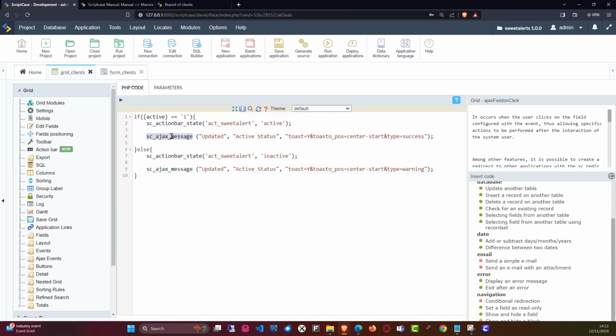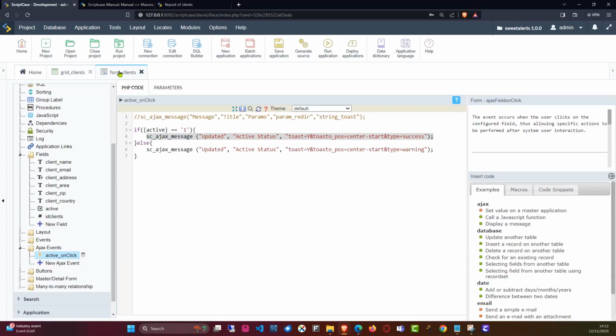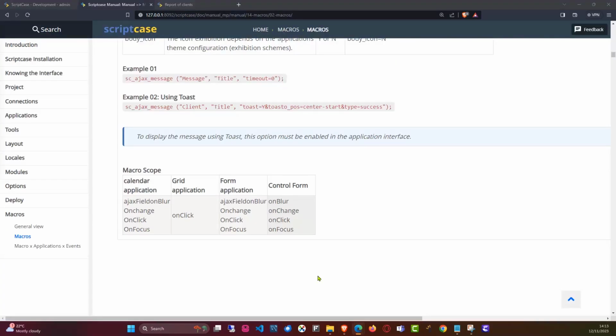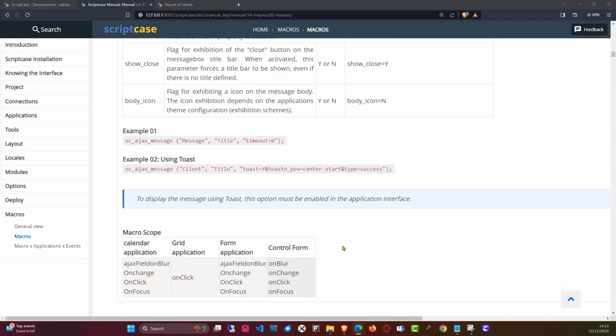Okay, so the SC Ajax macro is really an awesome little macro that we can apply in various applications, not only the grid and form applications, but also within the control application and the calendar application. So it is definitely one of those awesome little macros within Scriptcase that you will want to use within your applications to really give your users a little more information on the ongoings of processes that are happening in the